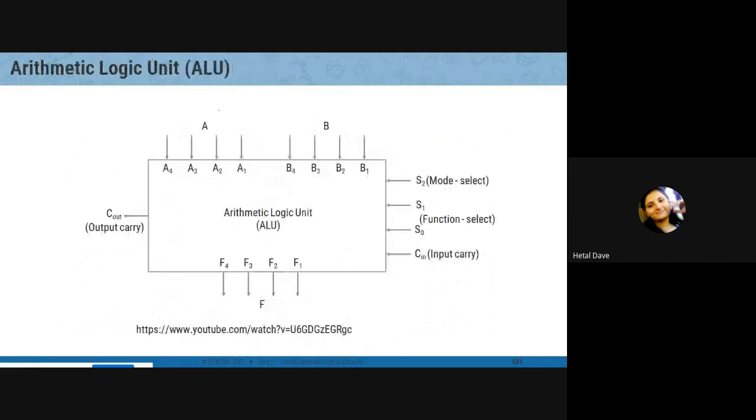Write down in your book, this ALU topic will be covered in your lab. One experiment is there where we will cover it. It can be asked as a 2 or 4 mark short note. This is the last topic of